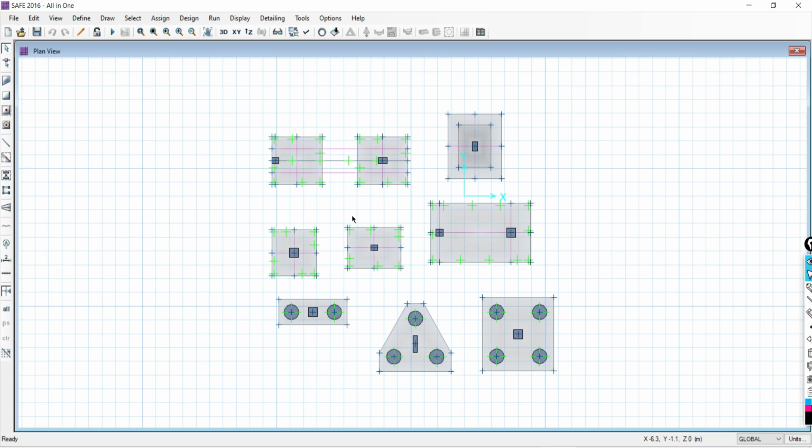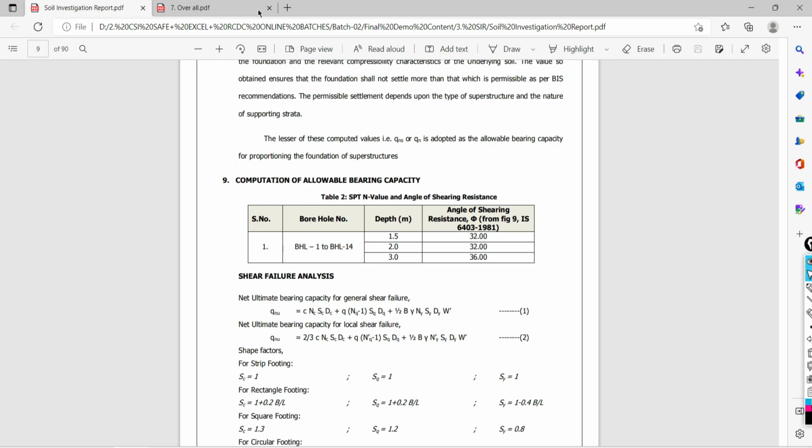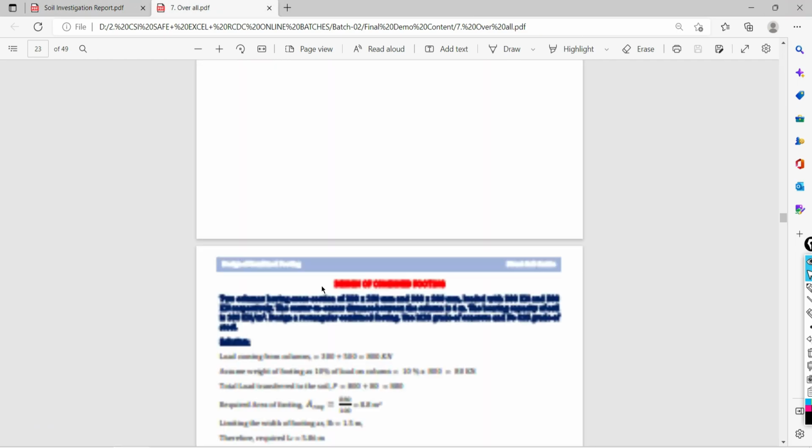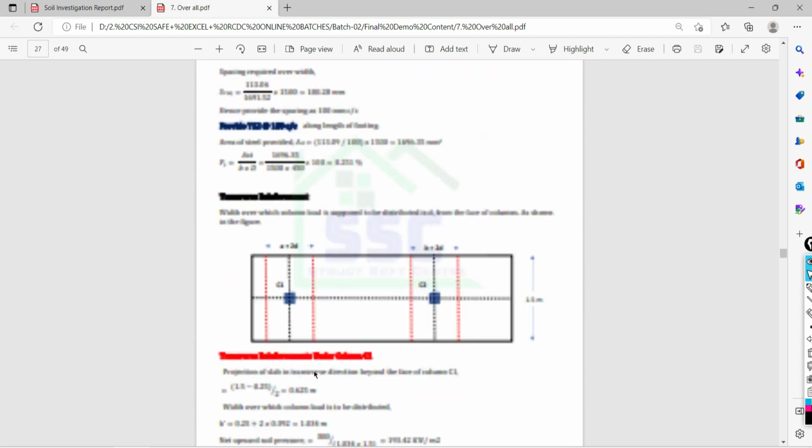How to make your foundation punching safe, one-way shear safe, how to check in the software, how to validate in this software. All that we will cover in this training program. And after all this, we are going to prepare the final schedule